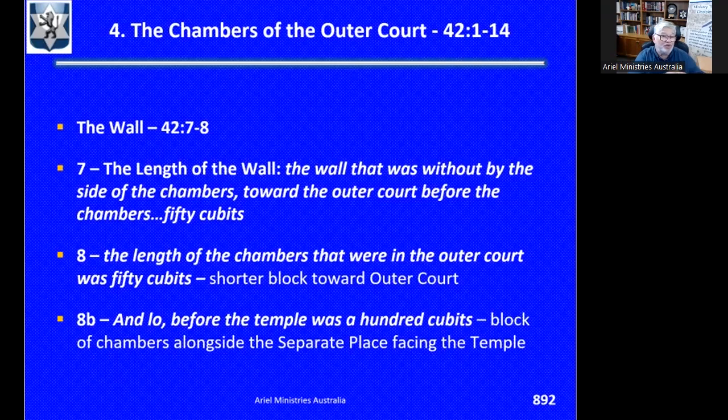Now, according to verse 4, the chambers on the north and south sides of the inner court were in 2 blocks, divided by a passageway 10 cubits wide. And the situation of those 2 blocks is explained in verses 7 to 8. Now, the block of cells along the separate place, or the gizra, was 100 cubits, 53 meters long, same as the temple itself. And then the second wing of cells, which was opposite, facing the outer court, measured 50 cubits